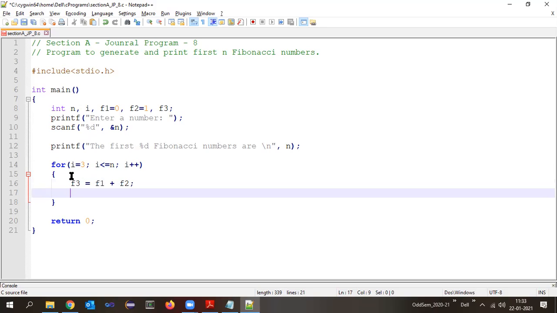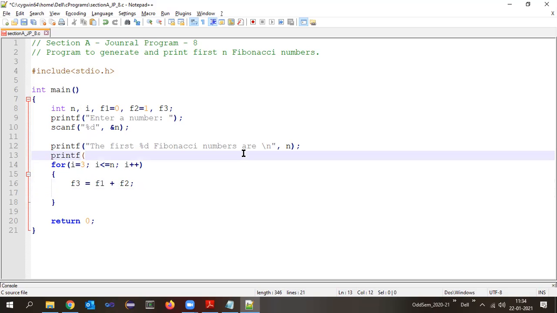So before printing the third number, I should also print the first and second number. Yes. So the first and second number I will print over here. Like print F, percentage d, whatever the value is there in F1.